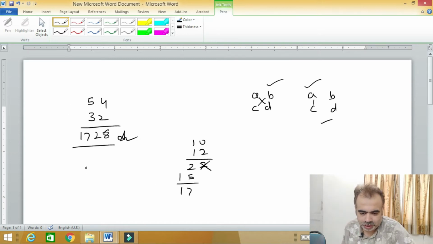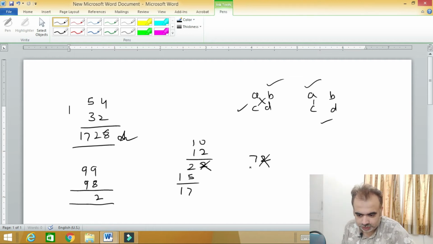I'll do a little bit tougher one, 99 with 98. Let us suppose we have to multiply these two numbers. So we can do it very easily. 9 8s are 72. So you write 72, 2 here and strike out this 2, and then apply this pattern. This pattern will say 9 8s are 72 and 9 9s are 81, and you have to add these.